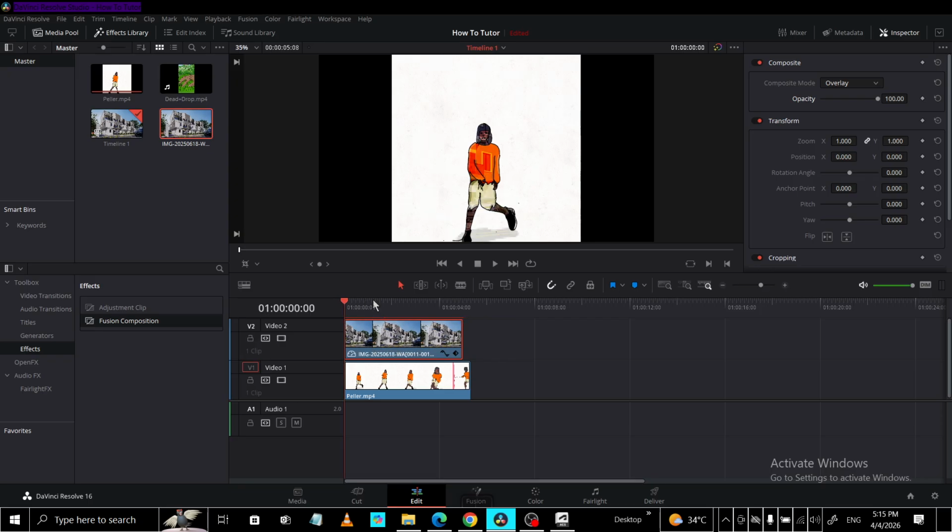Take a moment to play back a portion of the timeline and check how it looks. If the overlay appears too close to the edge, nudge it in a little. If it feels too bright or distracting, you might slightly reduce its size again. Small adjustments can make a big difference in how polished the final video feels. That's all there is to it. Your main video on video track 1, your overlay on video track 2 above it, and then resizing and positioning the overlay in the inspector using the transform